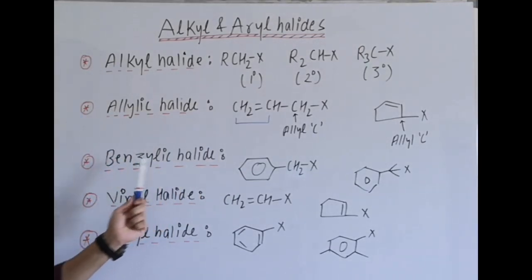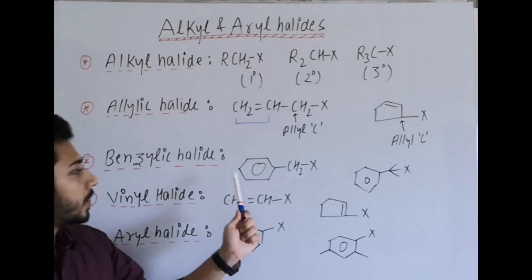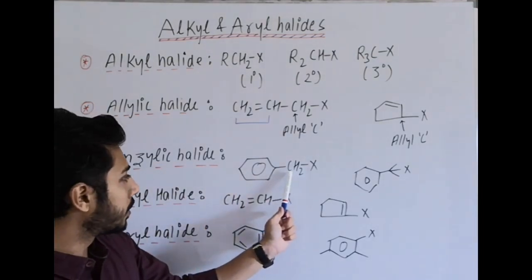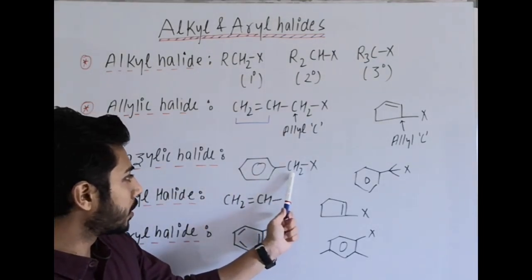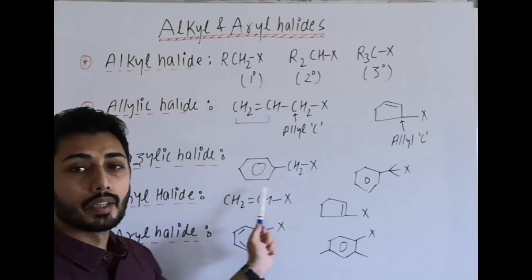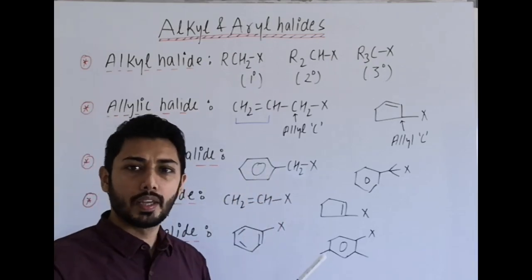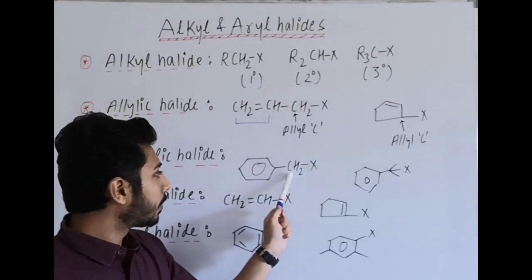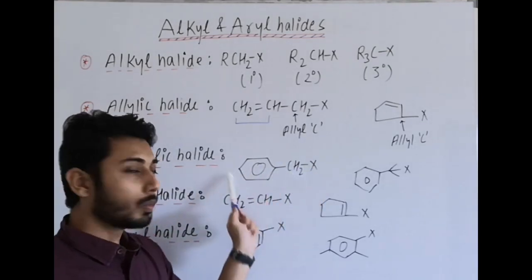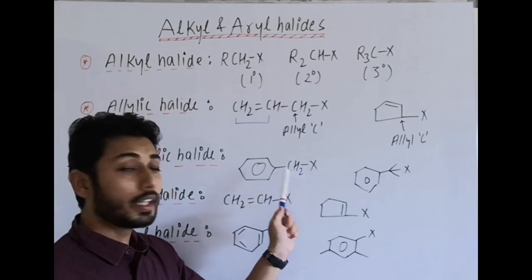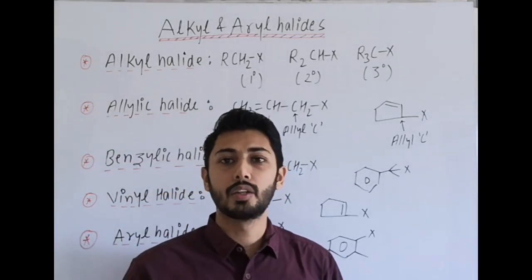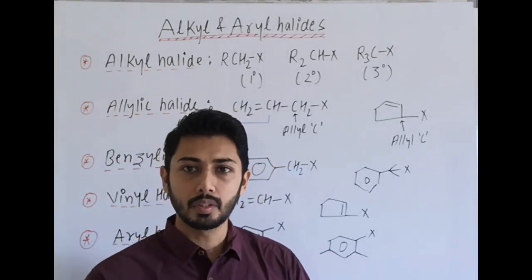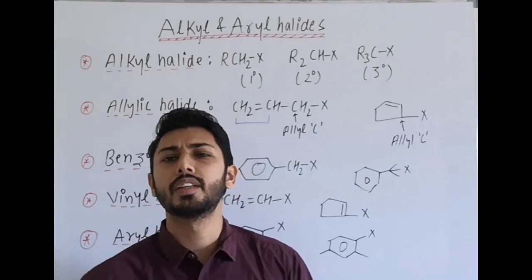Third is benzyl halide, benzylic halide. In this benzylic halide, the benzyl carbon is this one, which is sp3 and adjacent to the benzene ring. The benzene carbons are all sp2, but the sp3 carbon is adjacent to the aromatic ring. So this carbon is benzylic carbon, and to this benzylic sp3 carbon halogen is attached,